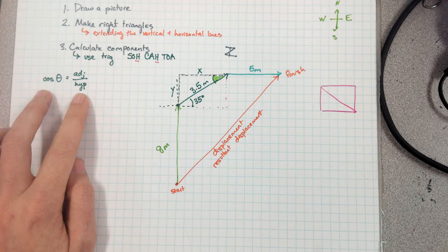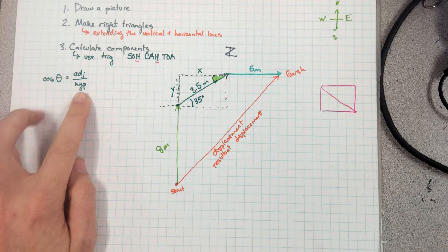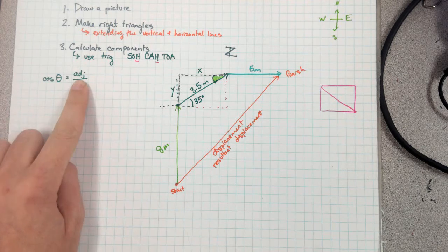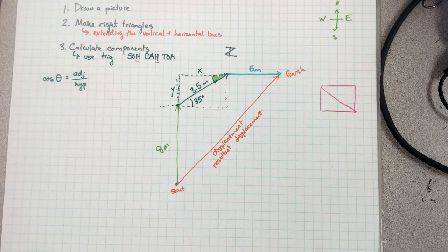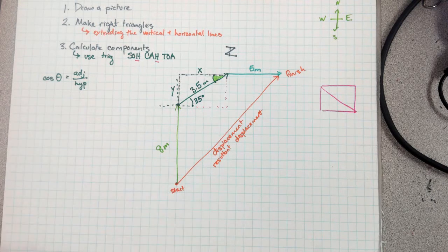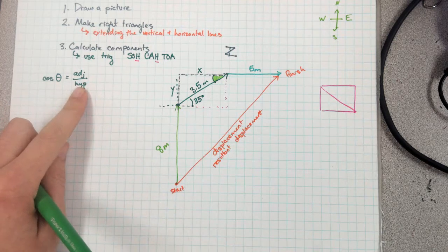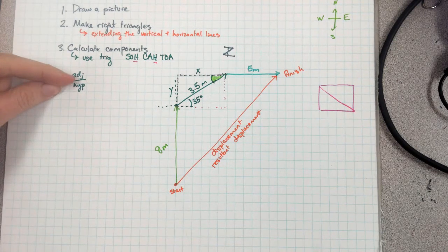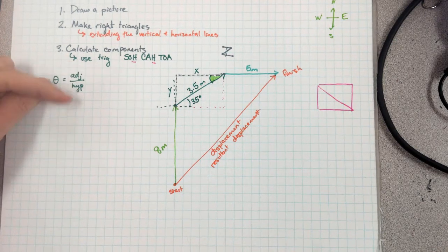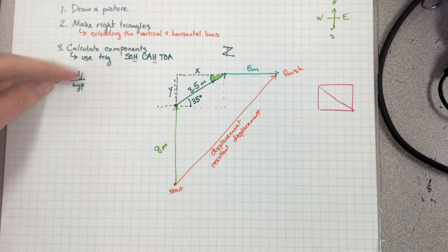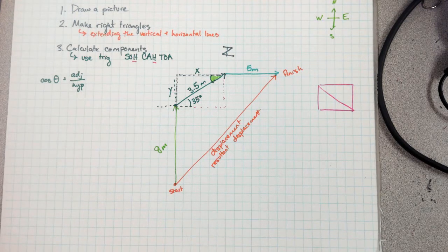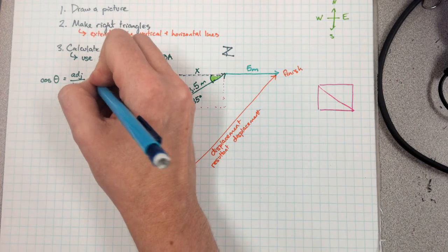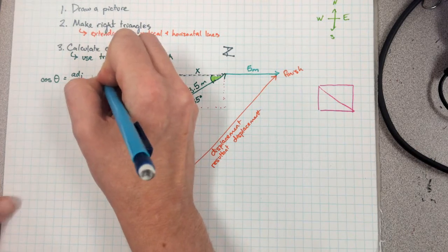But this isn't so helpful, right? We need to do something else to this. So we need to make sure we can solve for just the adjacent side. So how do we get the adjacent side by itself? We've got adjacent divided by hypotenuse, so we want to undo that division. What undoes division? Multiply. So multiply